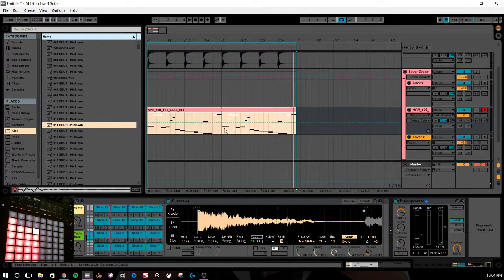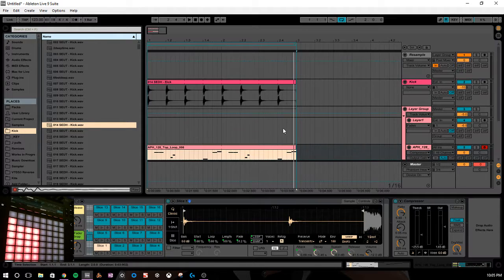So there's that. You can basically readjust a loop, audio loop, into MIDI slices and then redo the loop however you want to. You can also just resample each loop. So like if I hit record here,